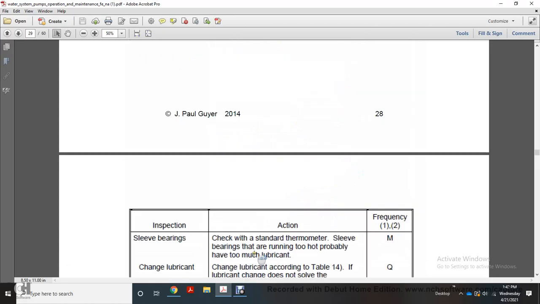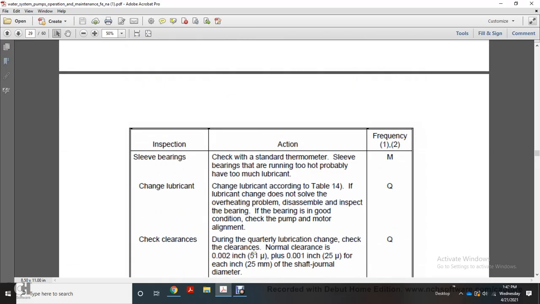Check the field gauge. Sleeve bearings: check with the standard thermometer. If the sleeve bearings are running too hot, probably there is too much lubricant. Monthly, check lubrication according to table 14. If the lubrication chamber does not solve the overheating problem,